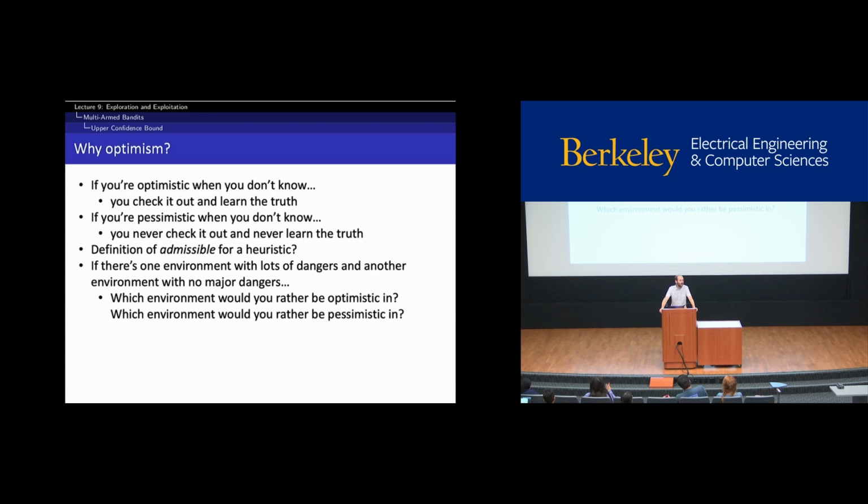Yes, I'm seeing lots of 2s. Better to be optimistic in an environment where things can't go very wrong for you. Better to be pessimistic in an environment where there are cliffs around every corner or other sorts of dangers. If you're in an environment where things can go really terribly, permanently wrong, and you're optimistic, something will eventually go